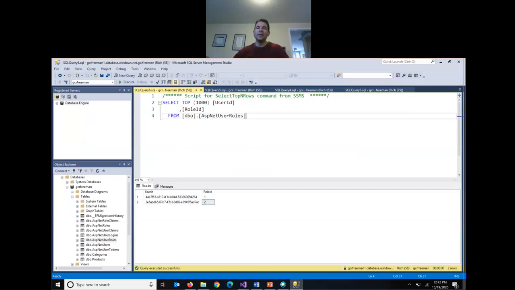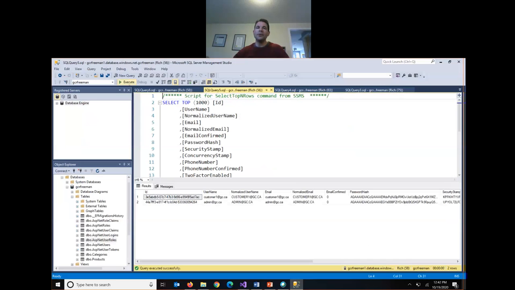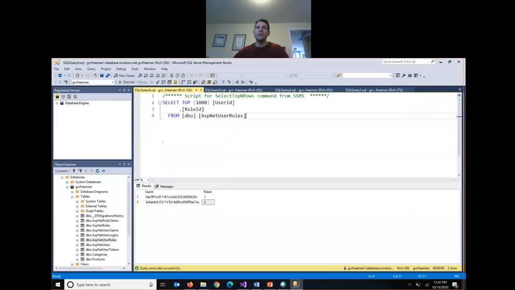So if I look at my queries again, my users table, I now have 3 users: admin, customer 1, and customer 2. In my Asp Net user roles, I've also got 3 records: 1 administrator in role 1 and 2 customers in role ID 2. So we've now got the accounts and the roles that we need,